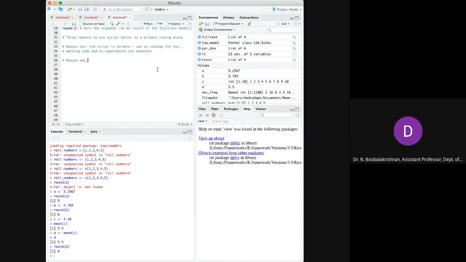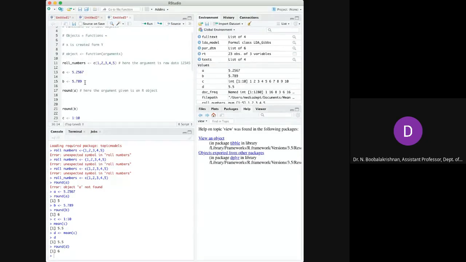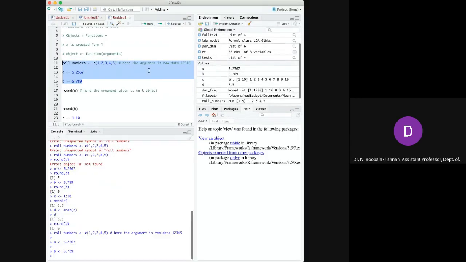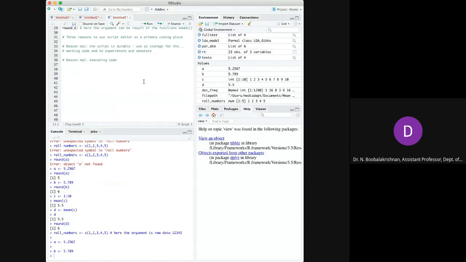We can execute from here. Just select it and run from here, and you can select the lines continuously and execute. So this is the executing place where the script editor can be used for executing code.